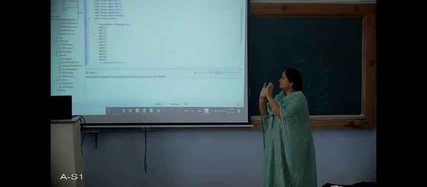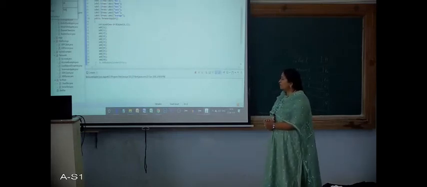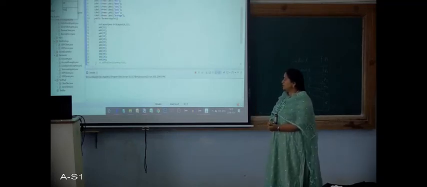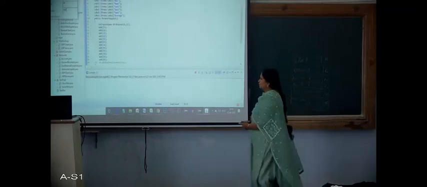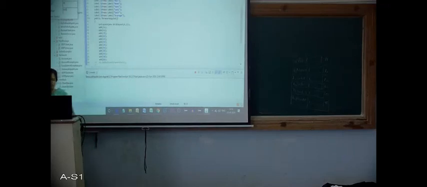So we need to provide the proper instructions there. Right now we have just created the structure. So after entering all this, what action should be taken? So that should be entered there. So this is done by the event handling. So here you can observe that I have already written this code.